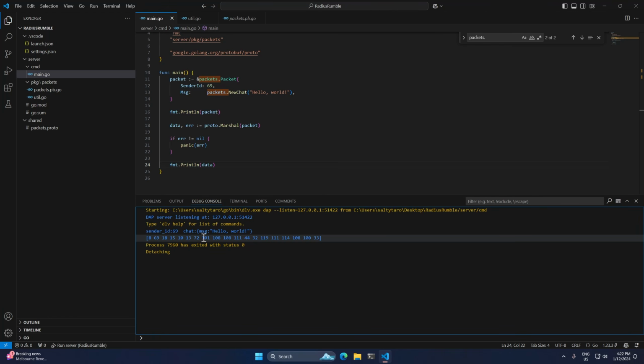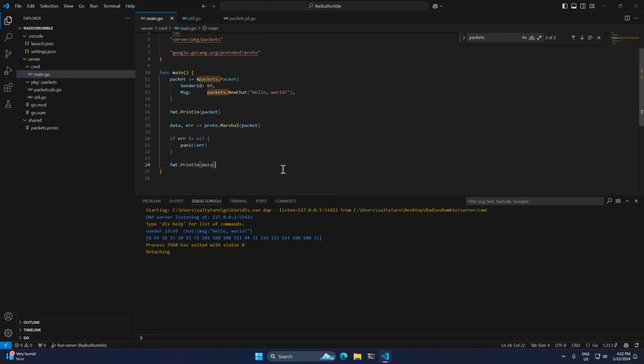So this would be the H. No, this would be the H. This is E-L-L-O space W-O-R-L-D. I think there's a comma in there, but yeah, you get the idea. And that kind of makes sense. If we give it a string, we should expect to see an encoded string inside of these bytes. But this definitely looks like something we could send to a client,